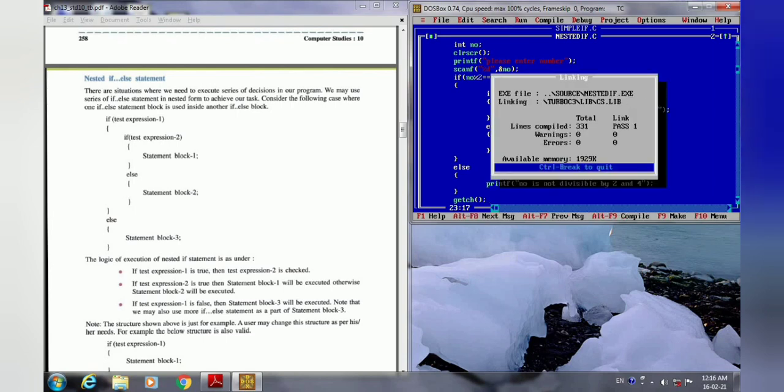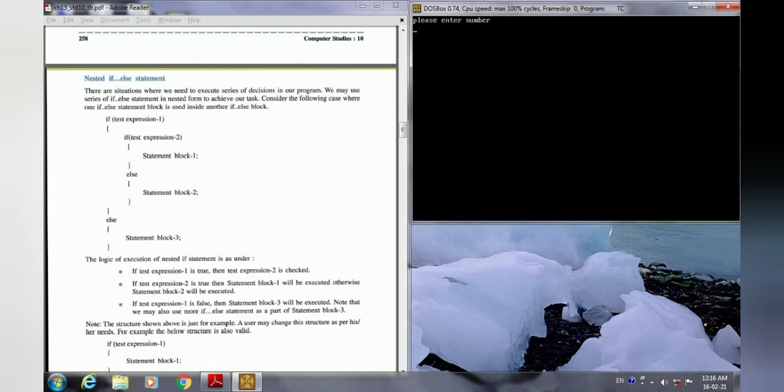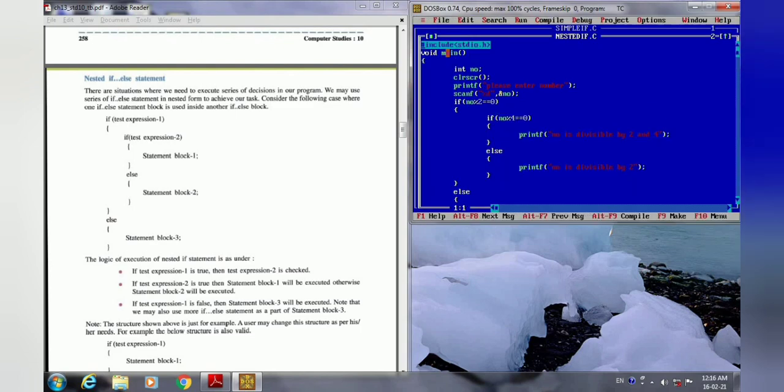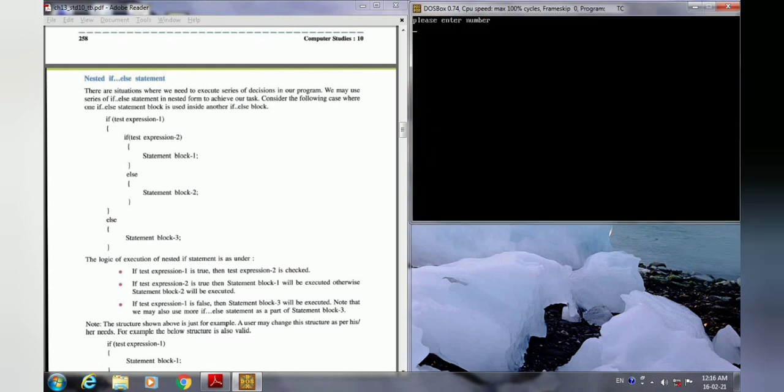Control F9. Now you just give the input 10, and here you can see that the number is divisible by 2, and the same number is divisible by 4 also. 10 is divisible by 4. Now here I am giving you the 4.